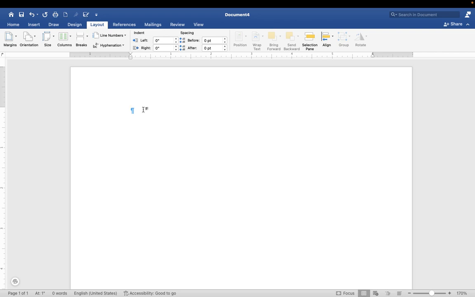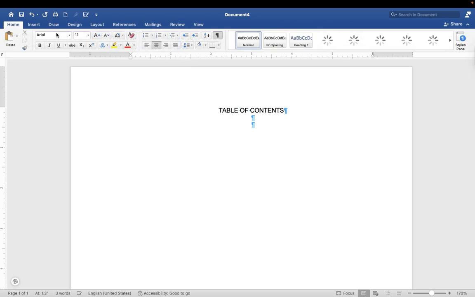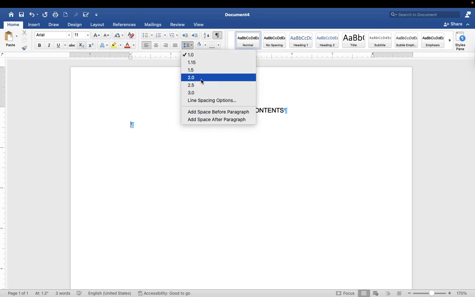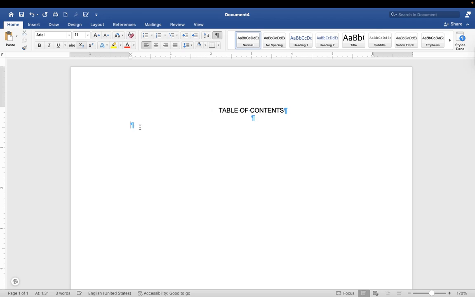Okay, so remember that table of contents is in caps lock. Table of contents. Okay, and then we will put it in the center of the page. Then click enter 2 times, and then home, align left, and then set paragraph